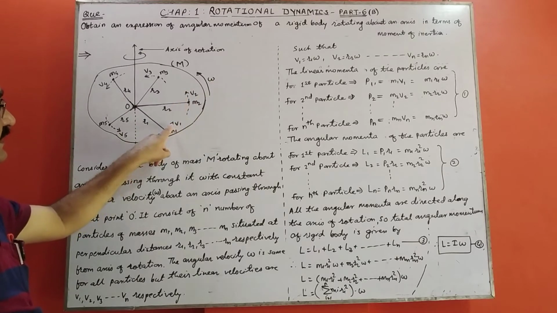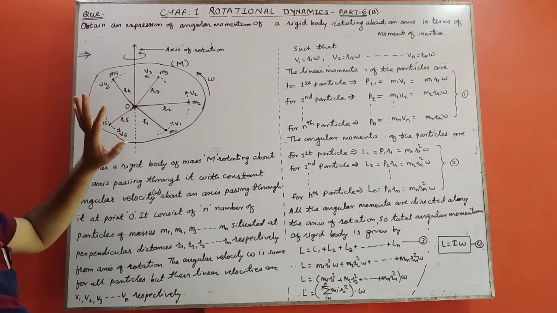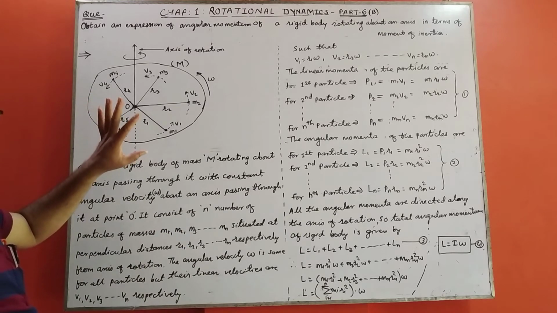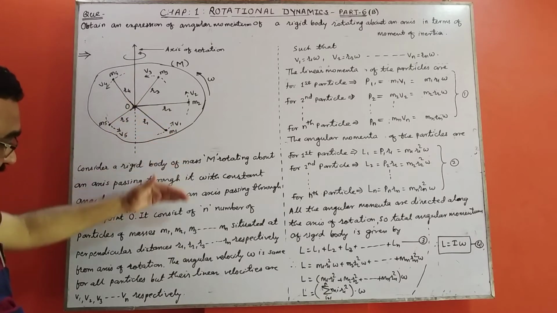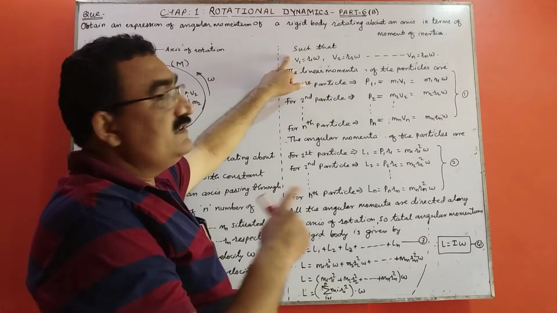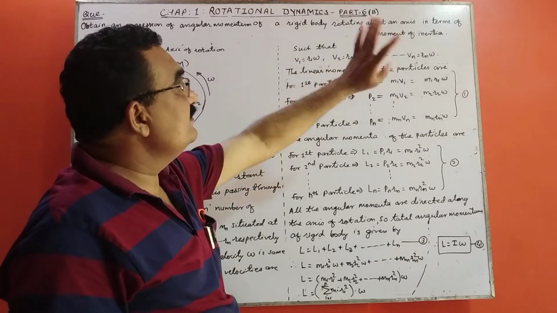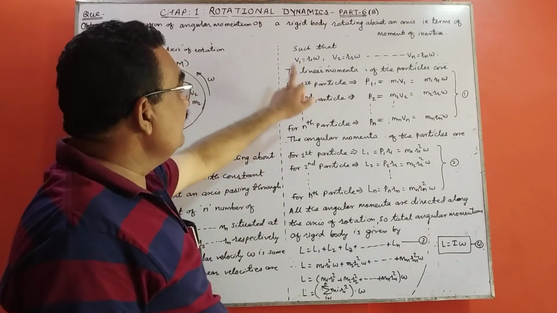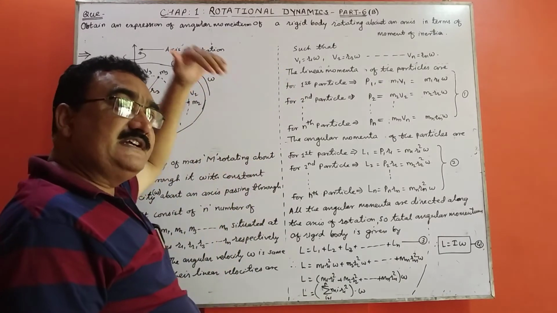So here are the linear velocities. This theoretical part also remains the same. You will see this diagram, and from that diagram we can write this theoretical part. Now the starting is also the same as in kinetic energy: v1 is equal to r1 omega by the relation. Now the linear momentum, because we want to find the angular momentum. So first start from linear.